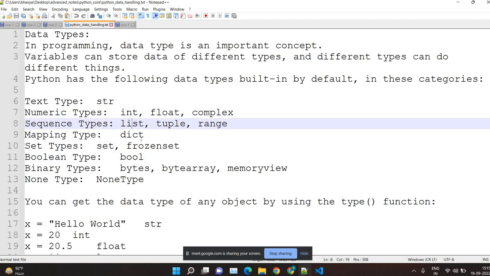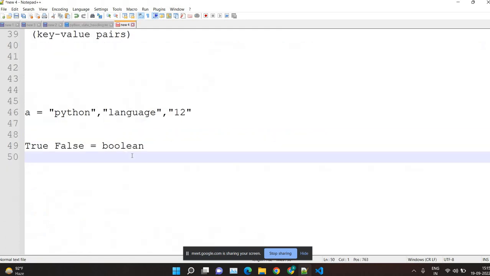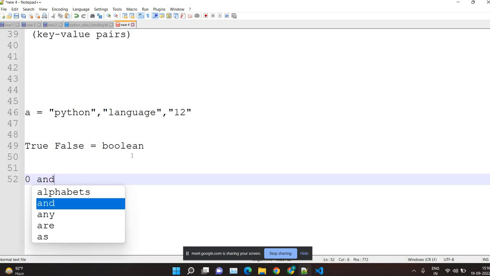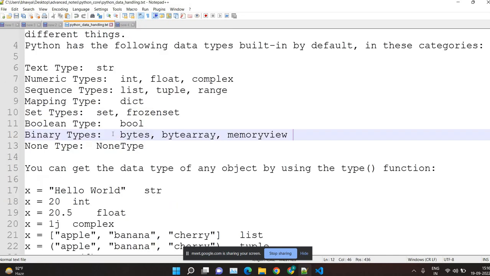Then after that, we have binary types like bytes, bytearray, and memoryview. As you know, all the data types are dissolved into binaries, 0 and 1. So if you want to use bytes in your program, you have to convert a string, like apple, into bytes. This is where these binary types come into play. This will convert your byte array, meaning a byte list,